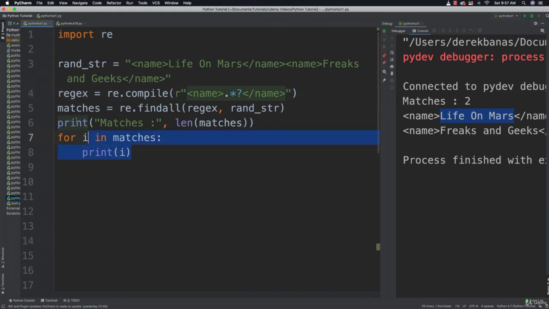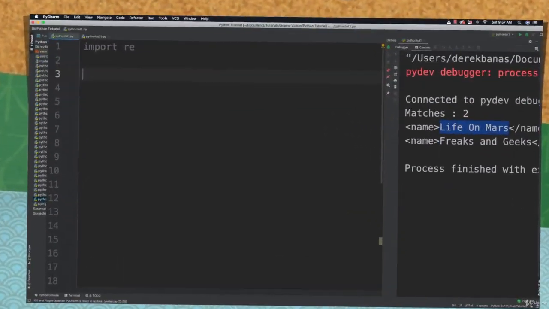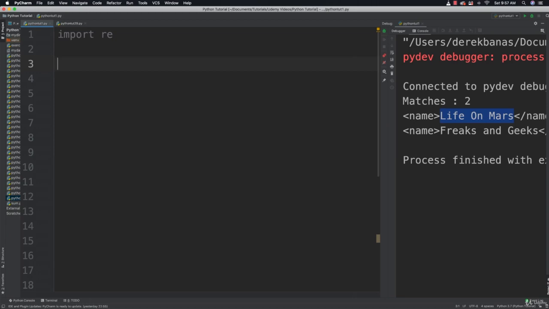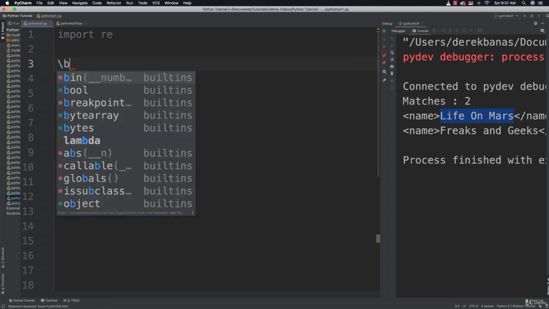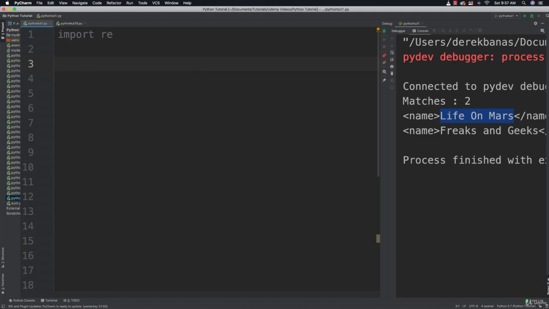All right, and now to finish off the tutorial, I'm going to cover word boundaries. So we are going to use word boundaries to define where our matches start as well as end. And \b is going to match the start or end of a word. So once again, if we have random string is equal to, let's go, "ape at the apex",